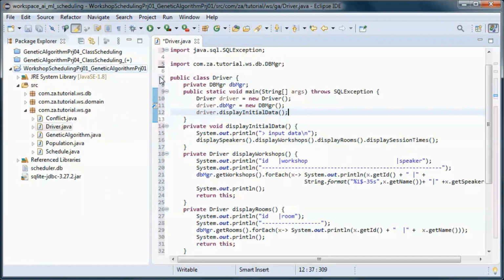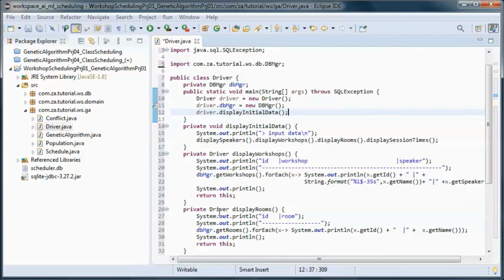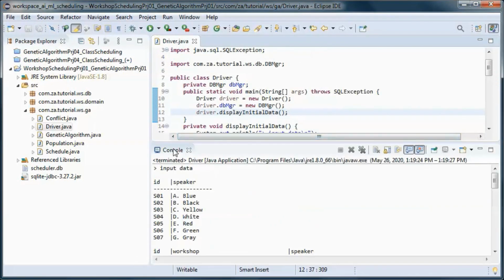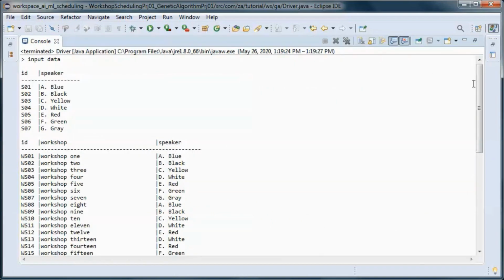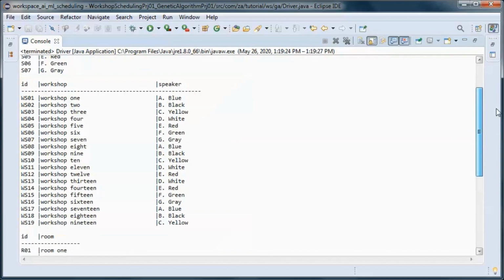And let's go ahead and test run it before adding the rest of the code. So here we go. This is the initial data coming from the database.